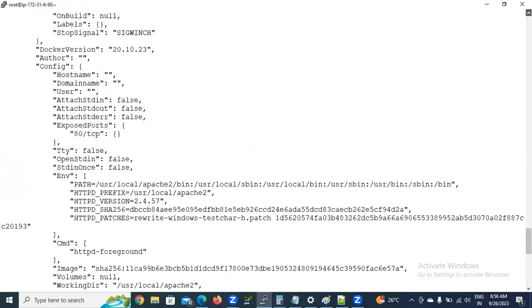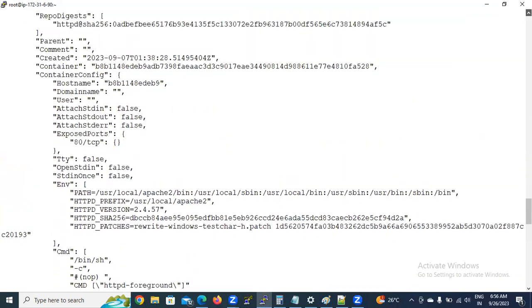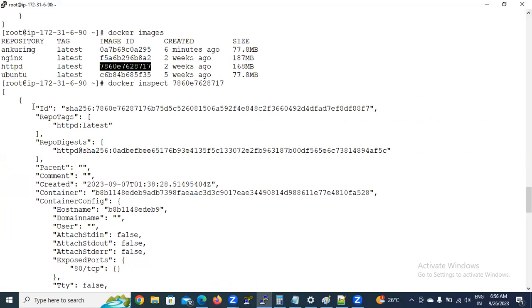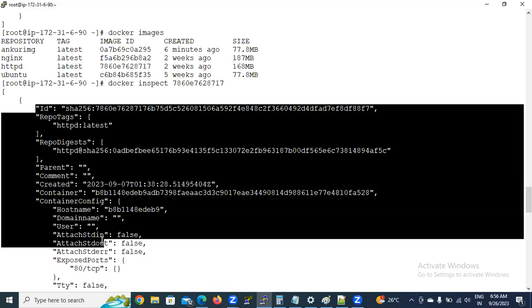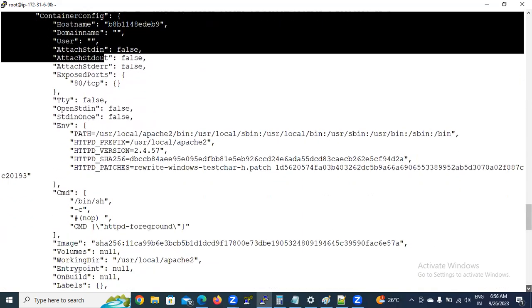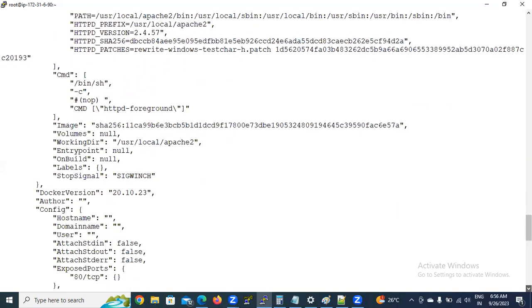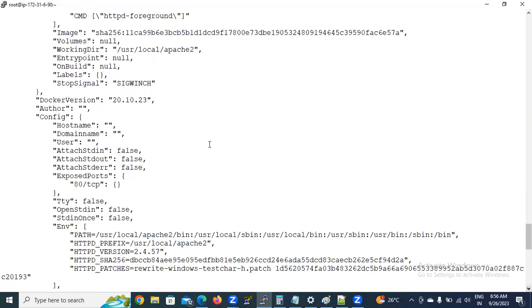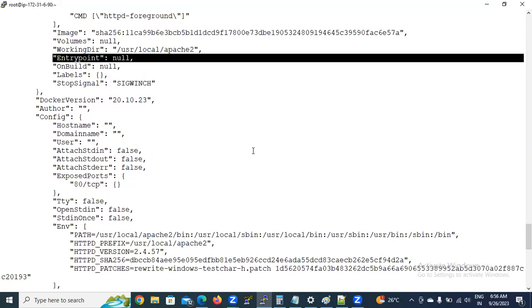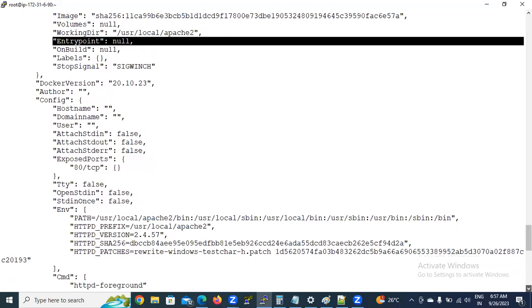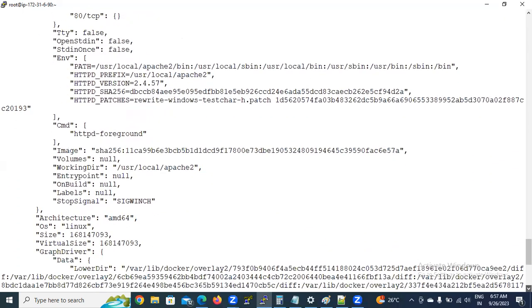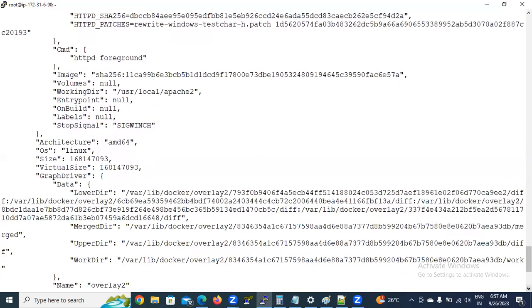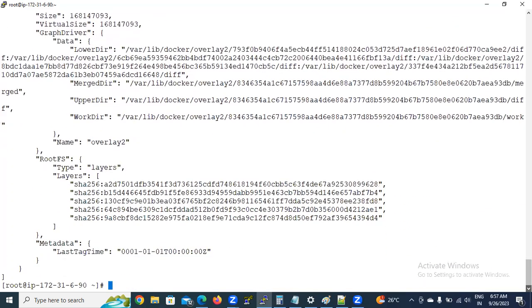Okay, entry point, here it is null. Okay, I want to see whether it is there anywhere else or not. Entry point, entry point, not defined. Okay,